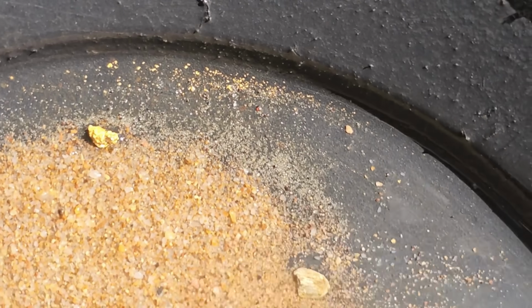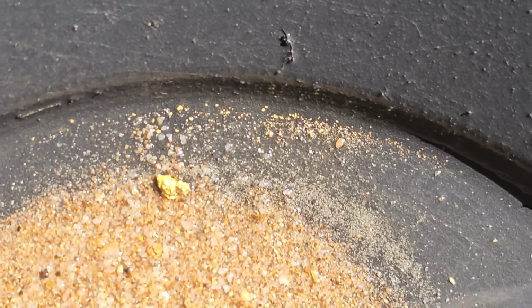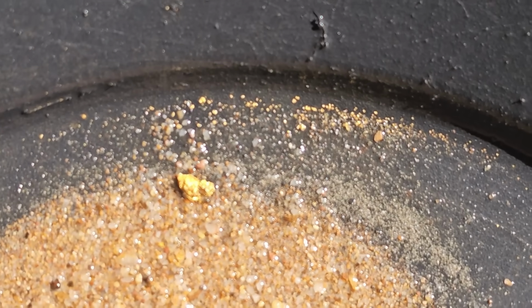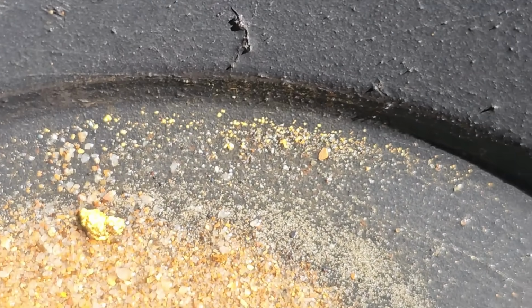We got fine gold too. Fine gold like that's typically what we find in ore in the northeast of Victoria. It's not usually that big chunky nuggety stuff. It's almost always that super fine flour gold. So I guess I'm going back